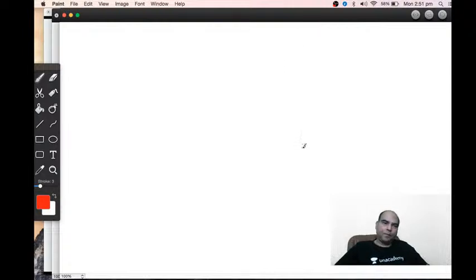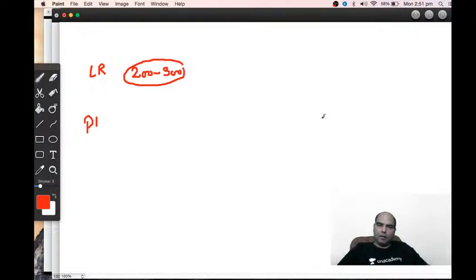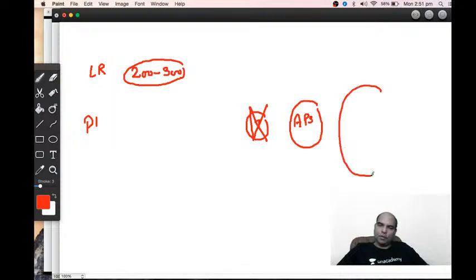ठीक है. And parallelly, along with what you are doing in quants, LR और DI जो है ना, इसमें तुमको करीब 200 प्लस सेट्स देखना है, 200 to 300 सेट्स ऑफ प्रैक्टिस. इसमें भी the mechanism will be, I mean I told you the mechanisms. Theory, LRDI में theory है नहीं, assisted problem solving and self problem solving. This is what I forgot to mention. Quants के हर chapter में तुम्हारा turnaround of belief and ability and confidence only happens when you solve on your own, not on assisted problem solving.